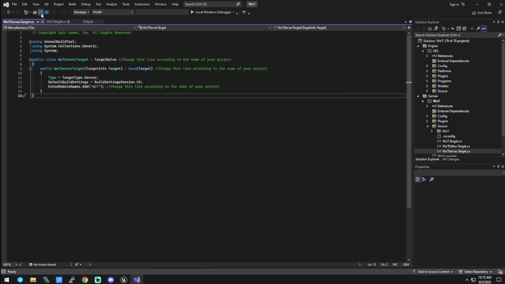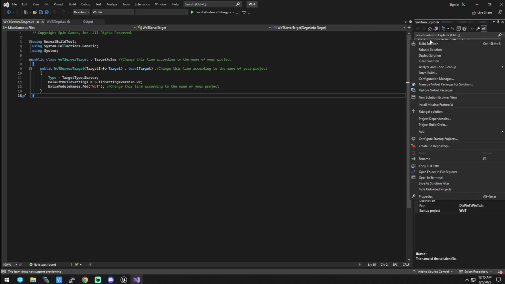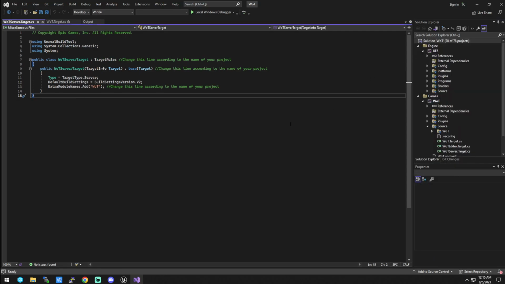And then once you do that, you're going to go File, Save All, click this again, click Development Server, and then up here you're going to right click again and click Build Solution. The server side always is going to be quicker to build inside of here because it runs headless, so it doesn't require 99% of the stuff you need for the actual game. And then once that gets done building, click the X,